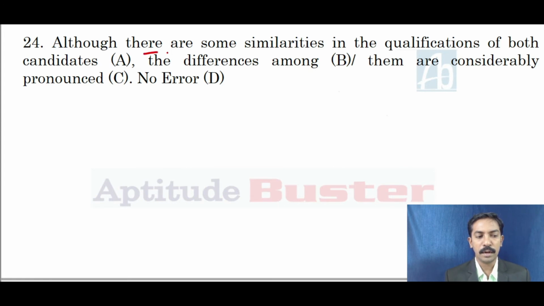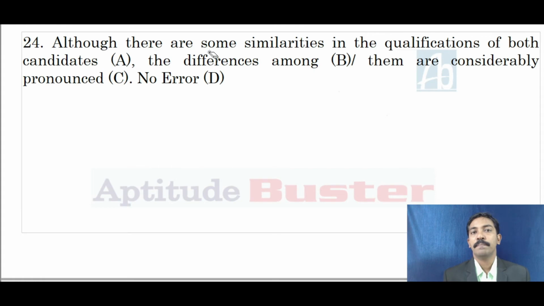Although there are some similarities, from this we can understand subject-verb agreement is intact. Plural subject, plural verb. If the given sentence belongs to the second error type, there should be some time indicators, or the overall meaning of the sentence would suggest which tense form it belongs to. Although there are some similarities, the moment you read it, this sentence belongs to present tense and there is very less a chance for you to have a